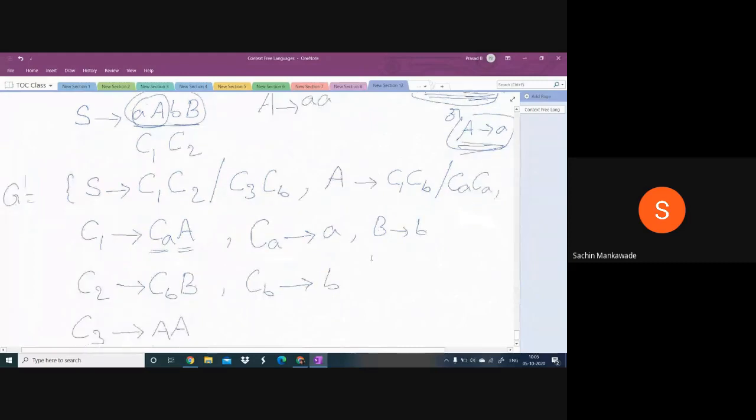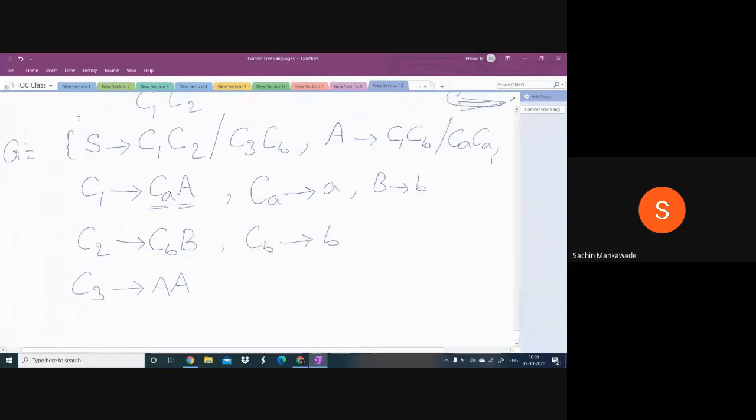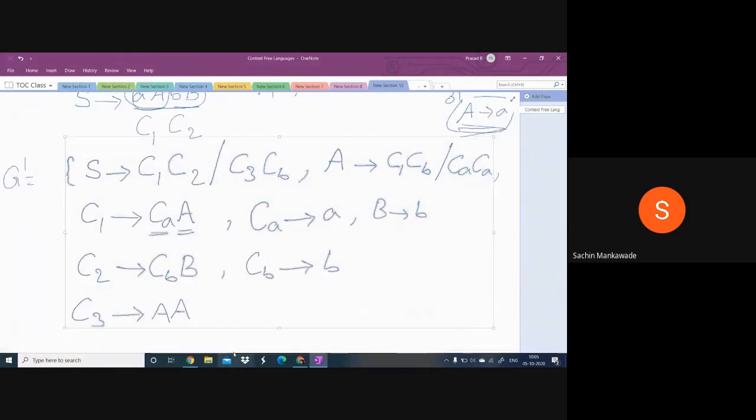Now guys, look at this. This entire grammar, please check here. This is A to BC, and this is also A to BC, and this is also A to BC. This is also A to BC, and A to BC, and A to BC. Whereas this is A to A, and this is also A to A, and this is also A to A. So every production in this grammar is either A to BC or A to A. So this is in CNF. Do you understand, guys?